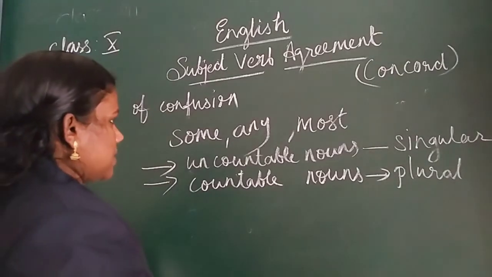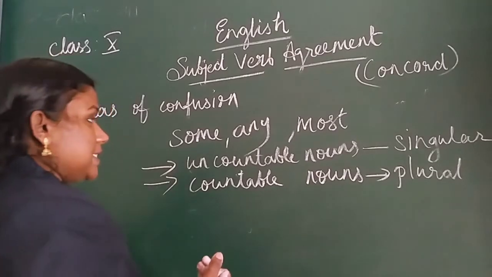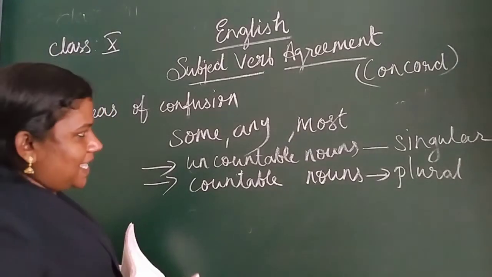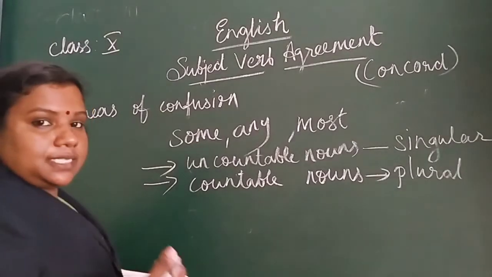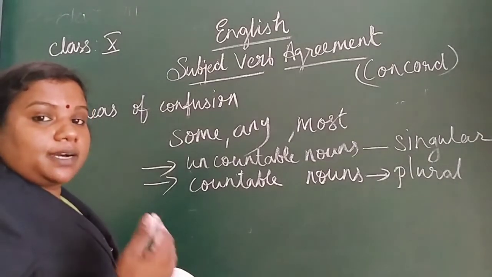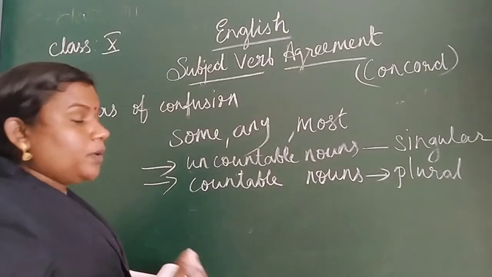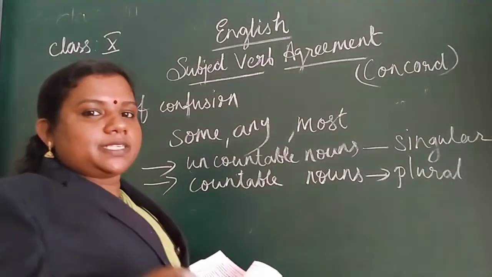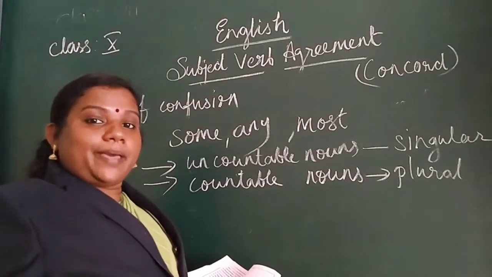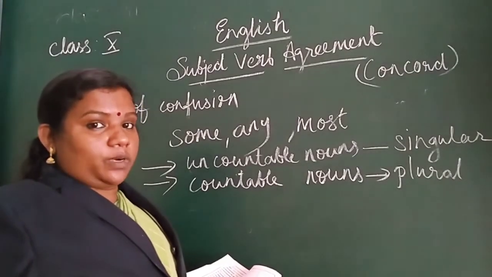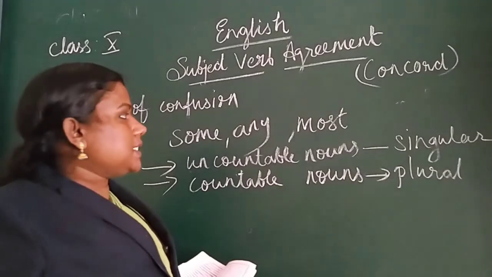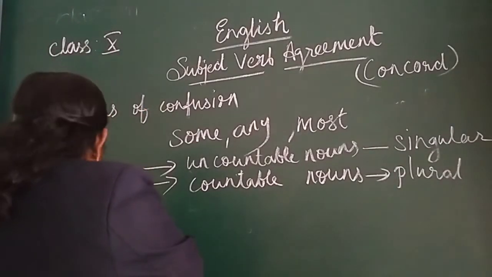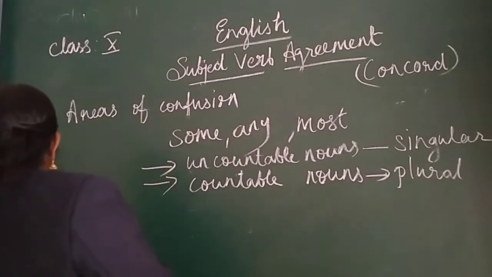How can we use this? If any sentence has indefinite pronouns like some, any, most, and these words are followed by a countable noun. Countable nouns means we can count it. For example, pencils, chalk pieces, books, pens. All that we can count. If it is a countable noun, we have to use a plural verb. For example,